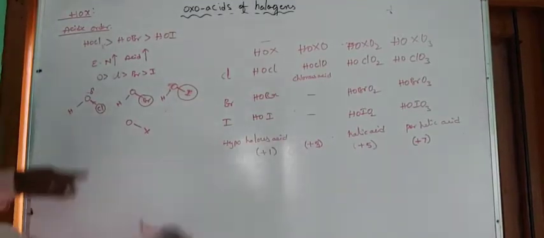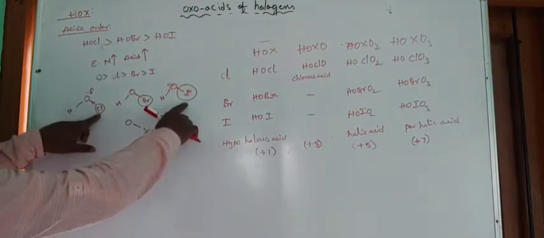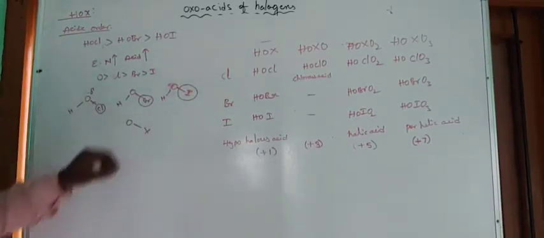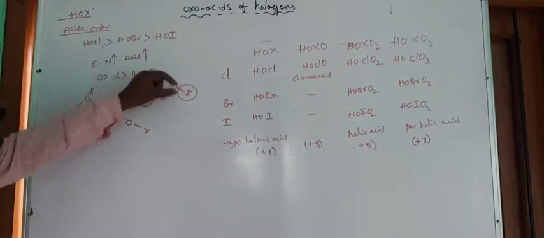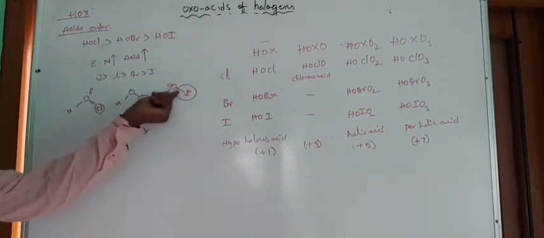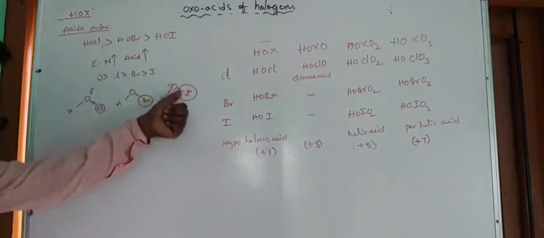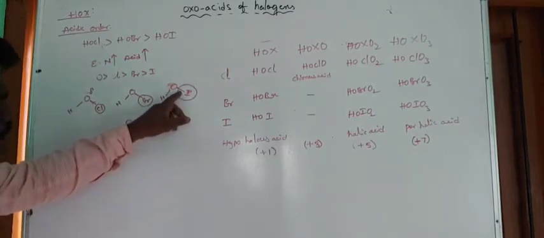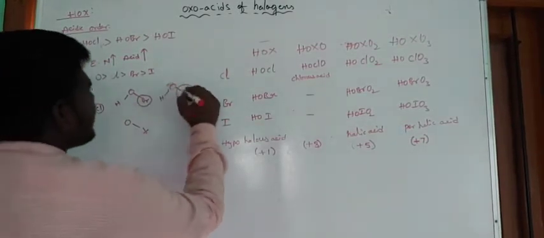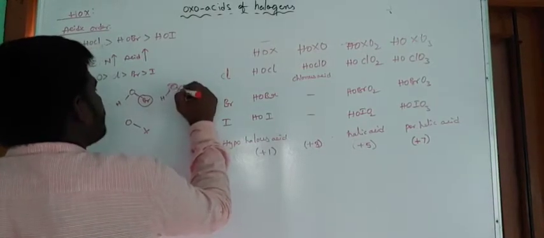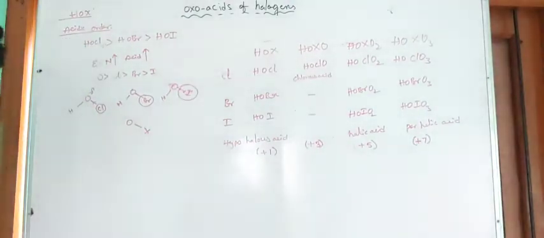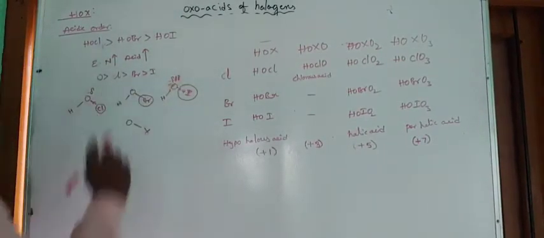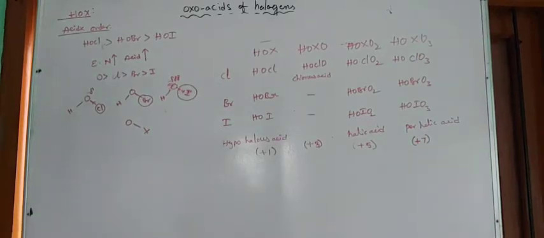So now you see the strength of the electronegativity of the chlorine and iodine. Chlorine is more electronegative than iodine. So here oxygen has more ability to withdraw the bond pair of electrons towards itself. This bond is strongly attracted by the oxygen. The bond pair electrons present in this bond are strongly attracted by the oxygen. As a result, the partial negative charge upon the oxygen is very high.